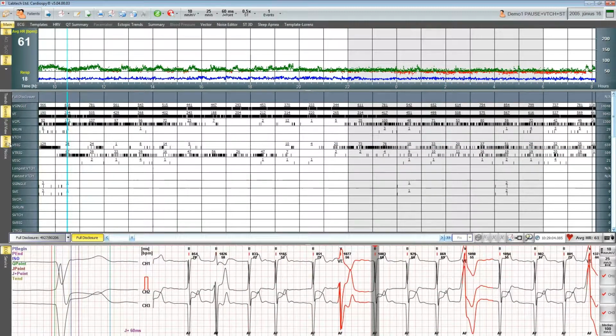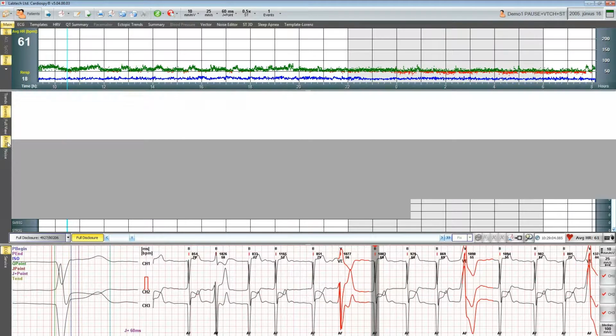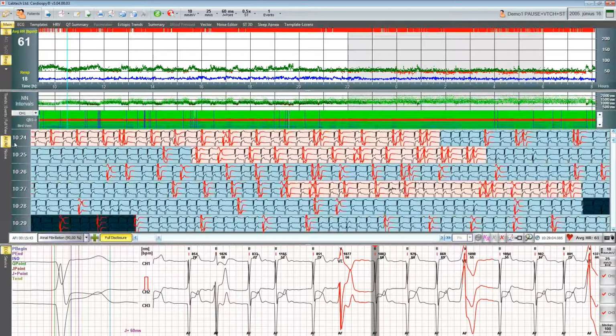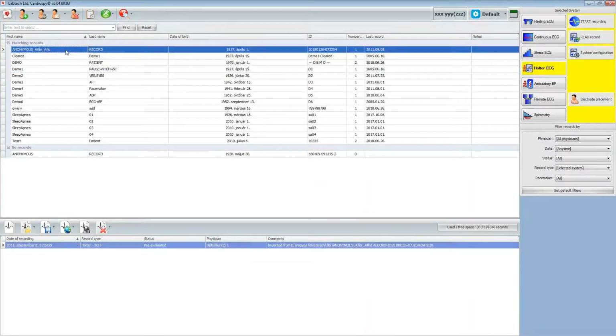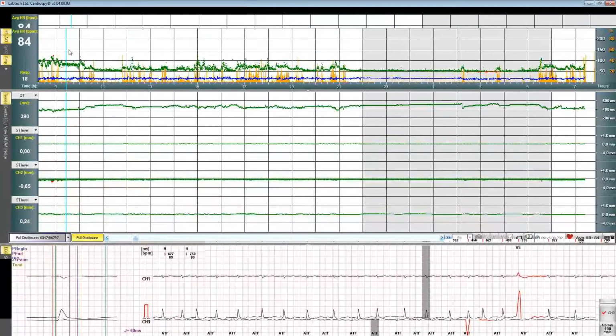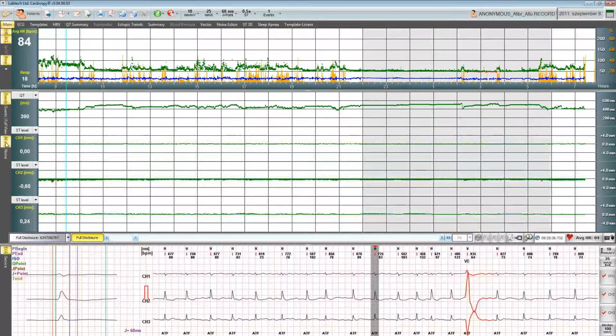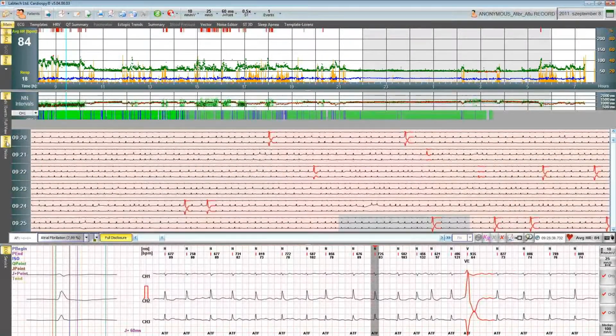There is a function where you can detect atrial fibrillation in an easier way. You can find it in the main tab and in the AFAV submenu. But I think there is a better recording to do that. I would like to open it instead. I won't save these changes that I made on this record. Okay, so let's say I would like to open the same function,